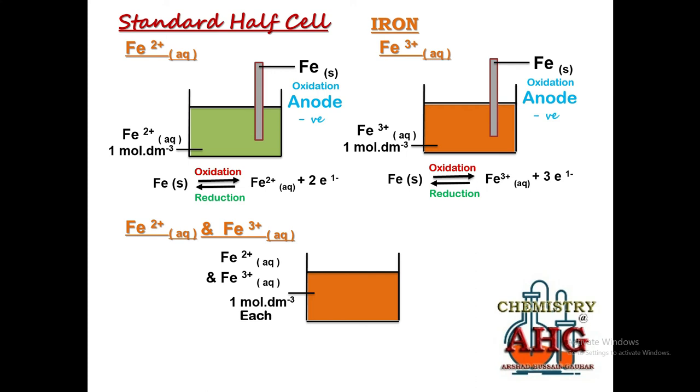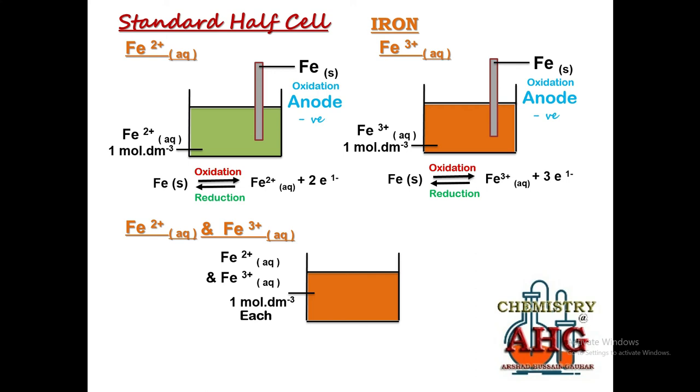So whenever we have a solution containing the same element in two different oxidation states, what you must remember, you cannot dip in that element as an electrode. Why? Now if you will dip in iron in this case, what will happen? Iron will become an active electrode. Iron will start establishing an equilibrium either with Fe2 plus ion or with Fe3 plus ion. So you will get an equilibrium either that we have written on the left hand side above, or an equilibrium that we have written on the right hand side above. So since we want to avoid those equilibria, we want to attain an equilibrium between Fe2 plus and Fe3 plus.